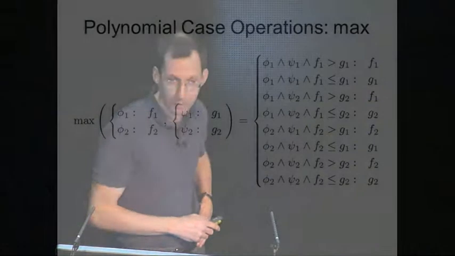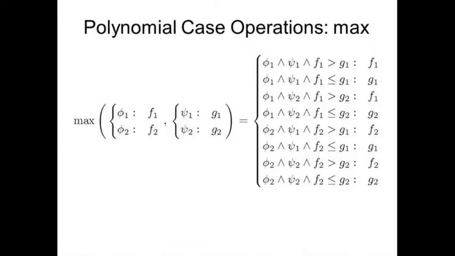Okay, often the answer is no, but if you think about it, you can do an annoying trick. I can say, well, if I'm in phi 1 psi 1 and f1 is greater than g1, this is still in the inequality polynomials, then I get f1. Or if f1 is less than or equal to g1, I get g1. So I'm just explaining the fact that max is a piecewise function, and I can represent those pieces easily as